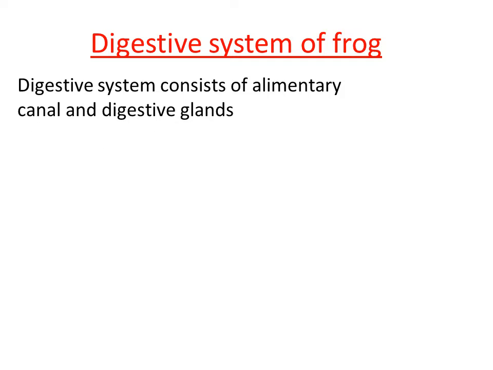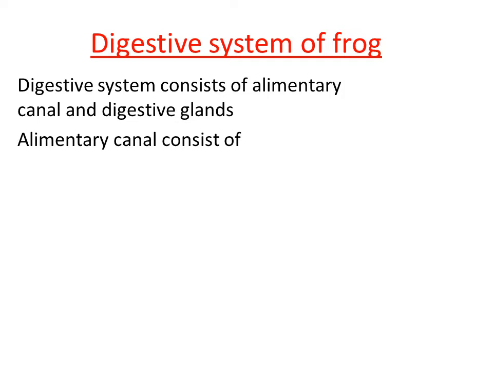So let us have a look into the alimentary canal. Before going to the parts of the alimentary canal, one thing you have to understand here. The alimentary canal of frog is short because of the food habit it has adopted. So what kind of food habit can we see in the frog? Frog is actually carnivorous, right? So it eats the flesh of insects. Because of this particular food habit, the intestine is short. So we have a very short intestine in the digestive system of this particular organism.